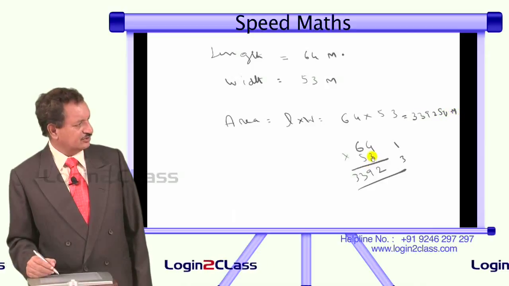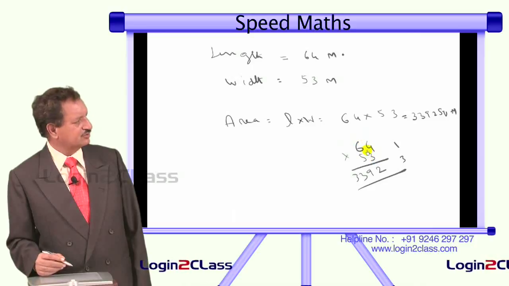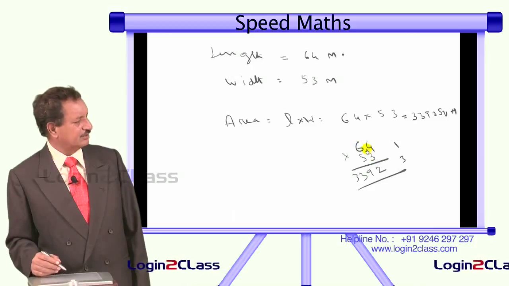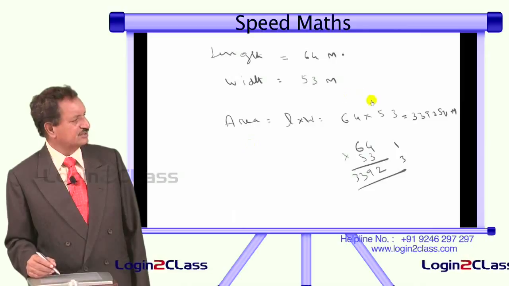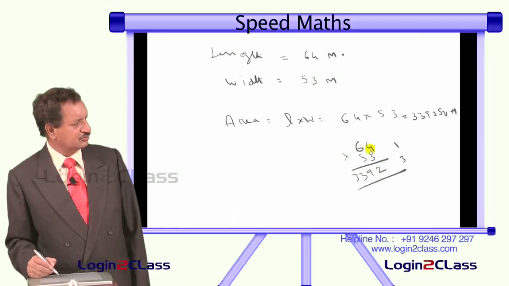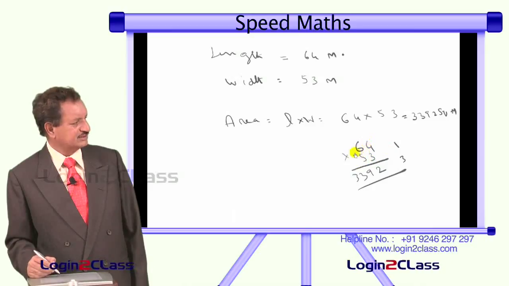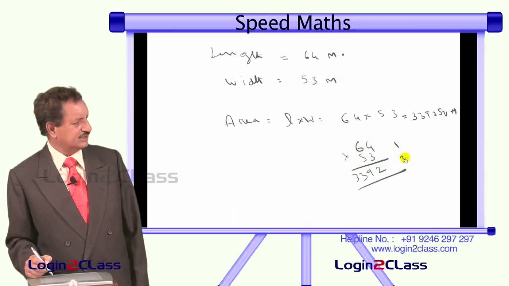Here, as I told you, the multiplication, directly they may not ask 64 into 53. In a question, it will be like this: length, width or breadth. Area is length into width, 64 into 53. Now here, easily with 3, 4, 12. 2 here, because we are multiplying two digits, we have to take 1 digit. 2 is here, 1 outside. Now cross multiply. 3 into 6, 18. 5 into 4, 20 plus 18. 38 plus 1, 39. 3 outside, 9 here. 6, 5, 30 plus 3, 33.